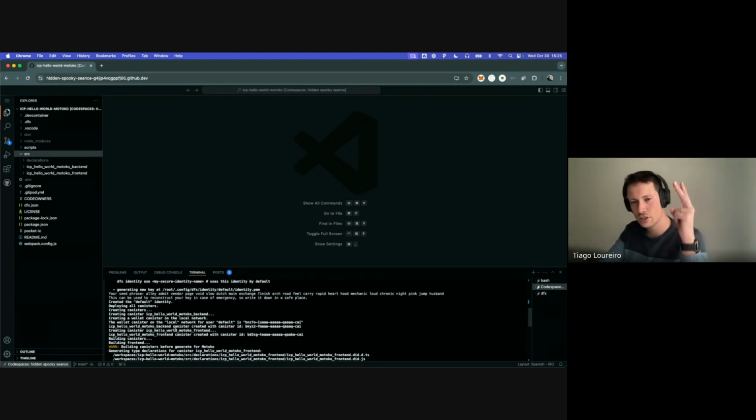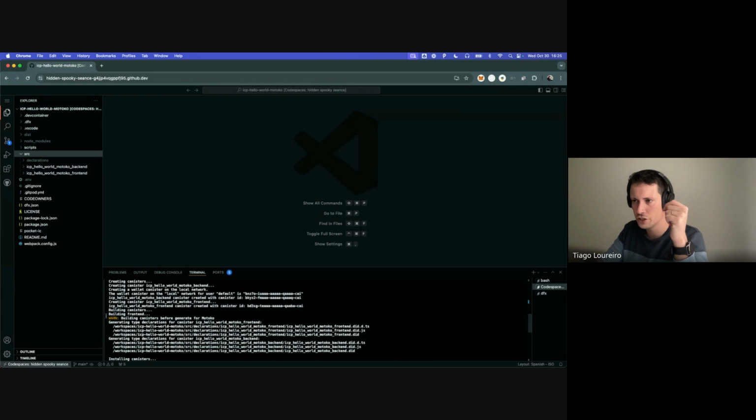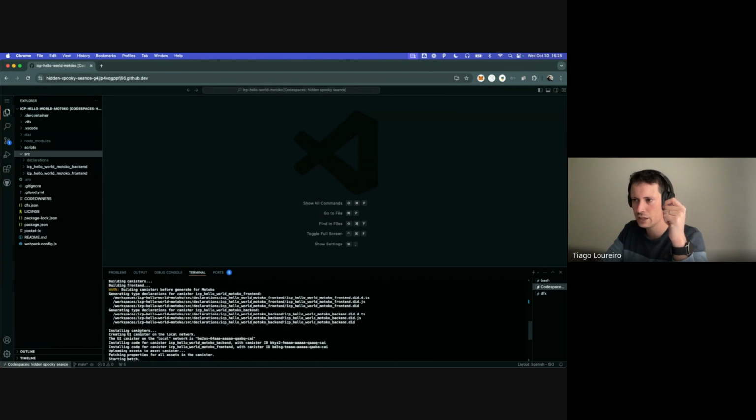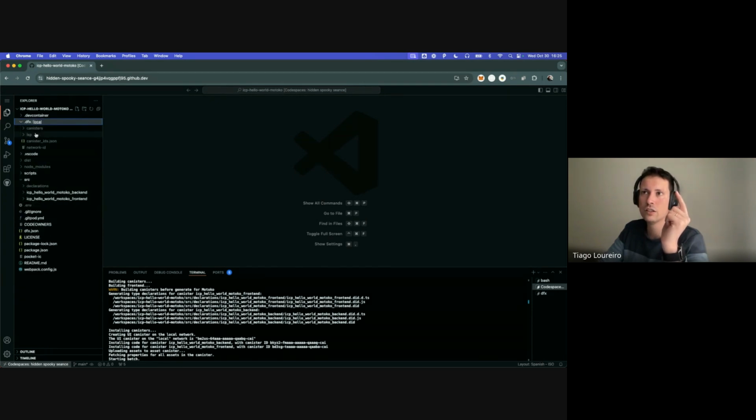So it's creating 2 canisters, and after creating, it's building the code, building the canisters, building the front end, building the back end, and after it generates the Candid interface language that I was talking about. That is here,